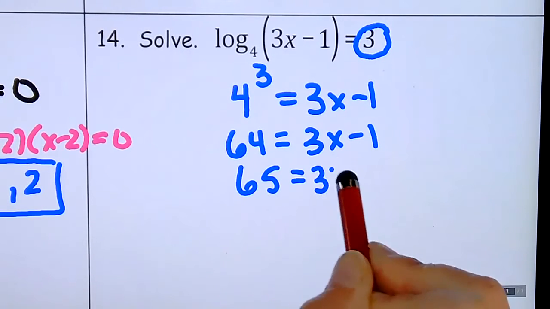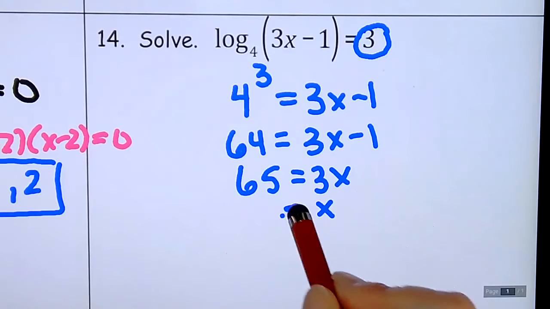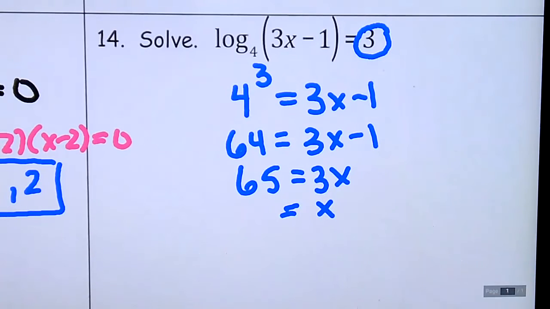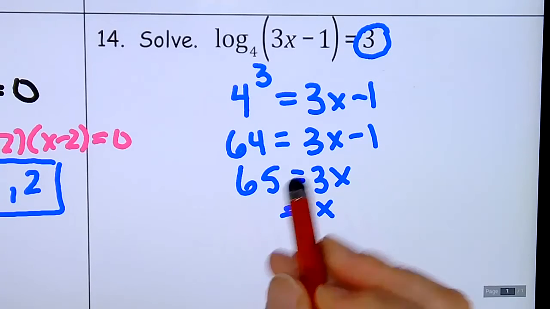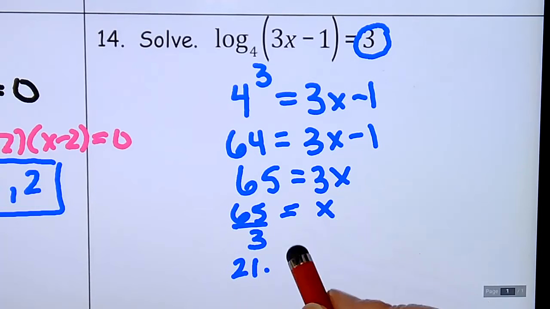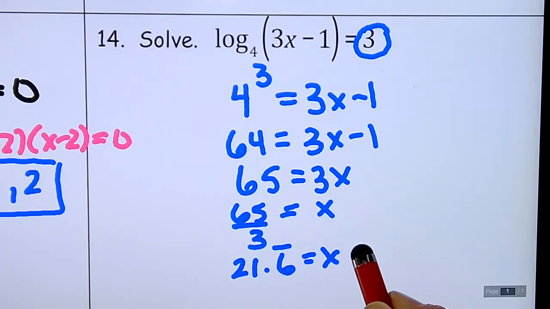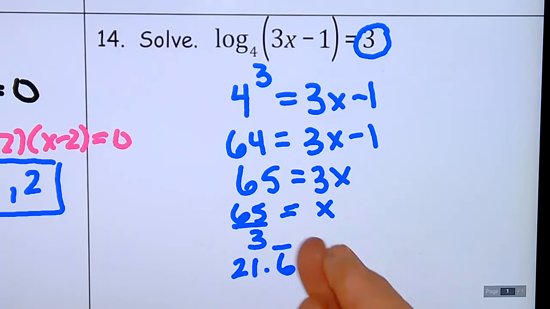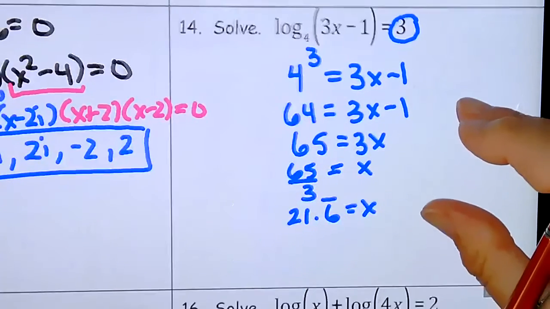65 equals 3x, and x is going to equal 65 over 3. You can give it to me as 65 over 3. If you're going to give it to me as a decimal, it's 21.6 repeating, or 21.67 if you're going to round. Okay, on number 16,